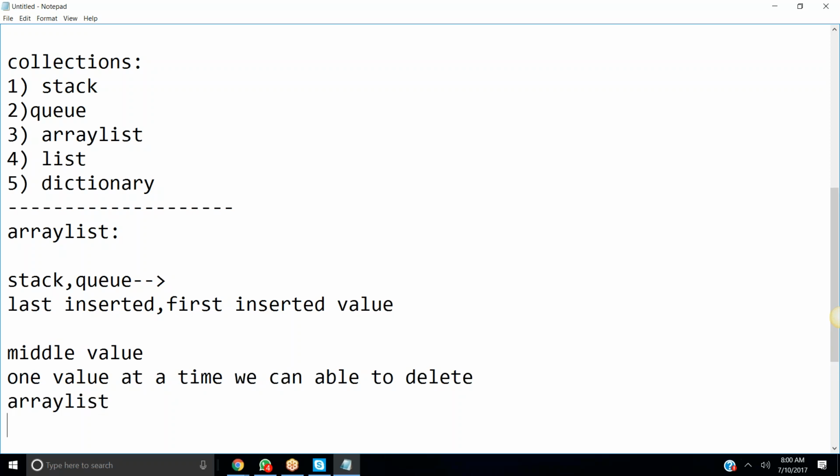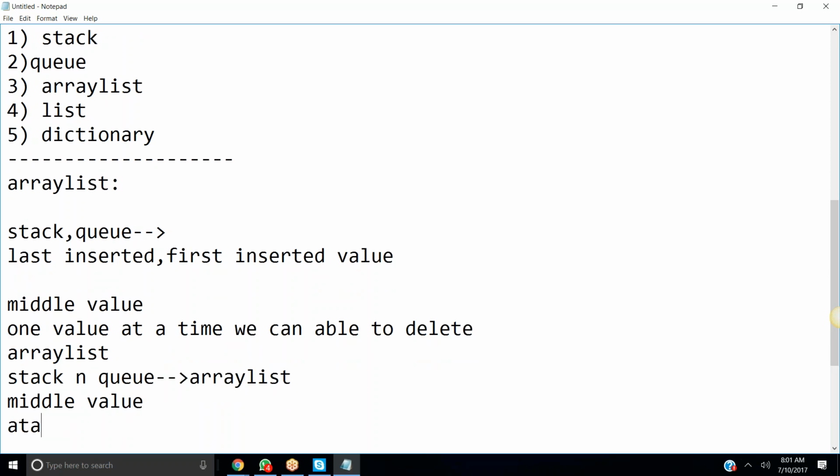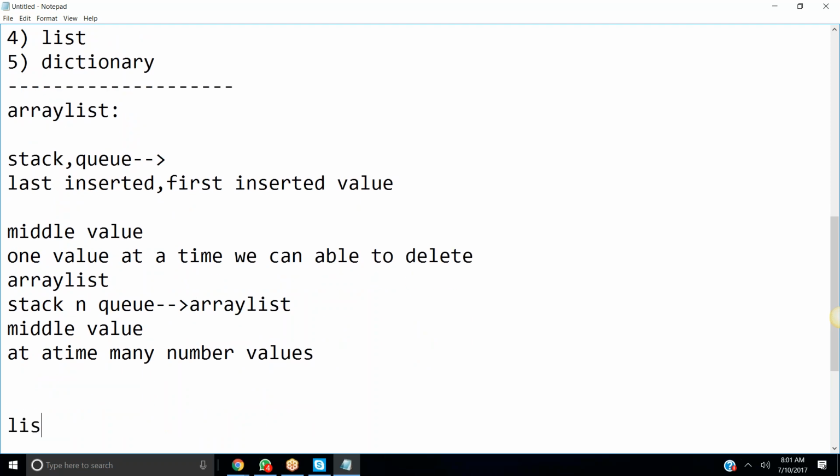Now the problems that are present in a stack and queue, we can overcome with the help of array list. With the help of this array list, we can delete the middle values, or we can delete many values at a time. How to delete this, all those things we're going to discuss whenever we are working with the array list. And now coming to the list collection